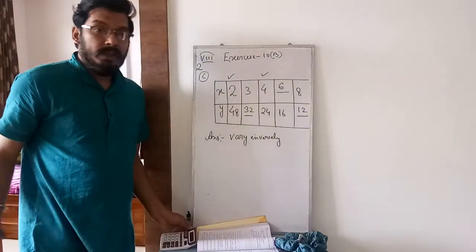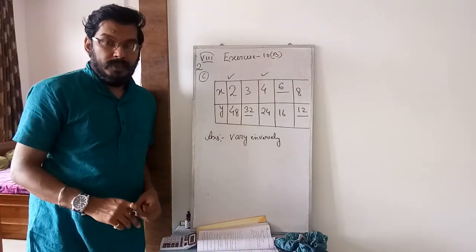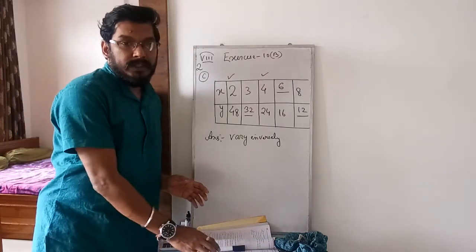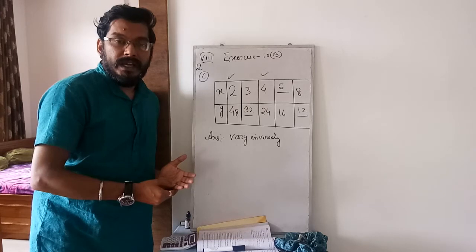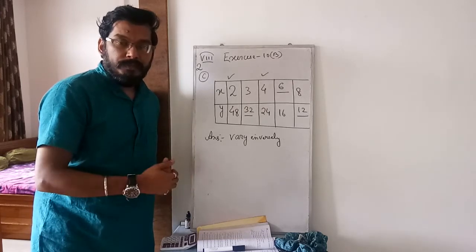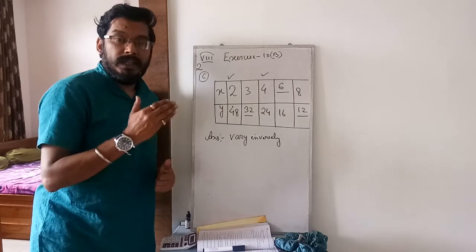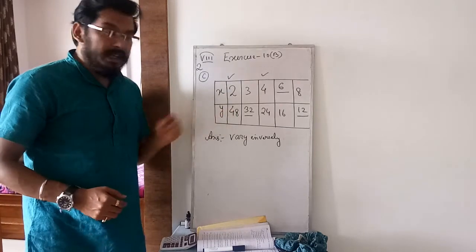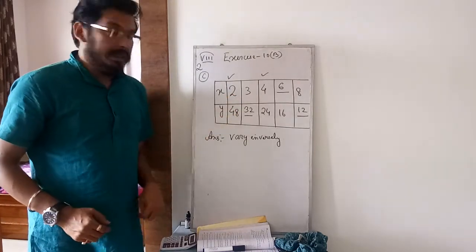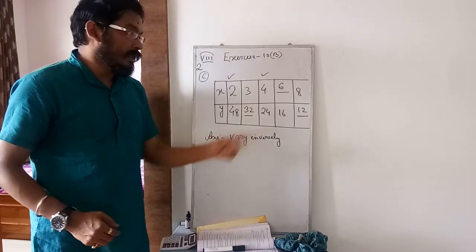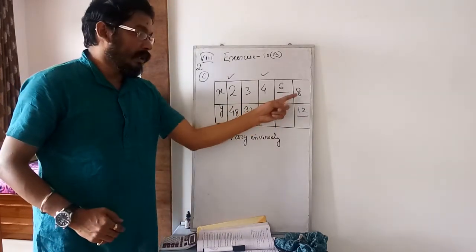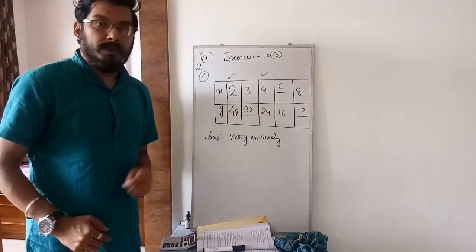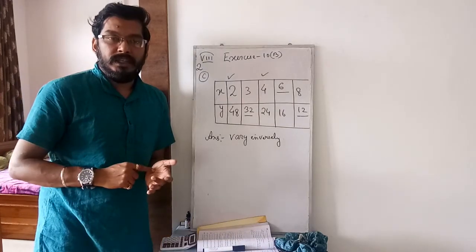So this is the process of how you will fill the gap. First step: check whether it varies directly or inversely. If directly, then the y by x ratio will be the same, and if it varies inversely, then x into y will give the same value for all. You see, 2 into 48 is 96, 3 into 32 is 96, 4 into 24 is 96, 6 into 16 is 96, 8 into 12 is 96. For checking whether it varies directly or inversely, I have taken column number 1 and column number 2.